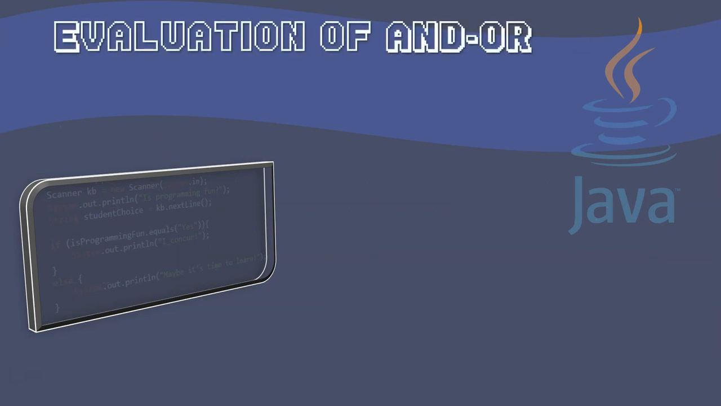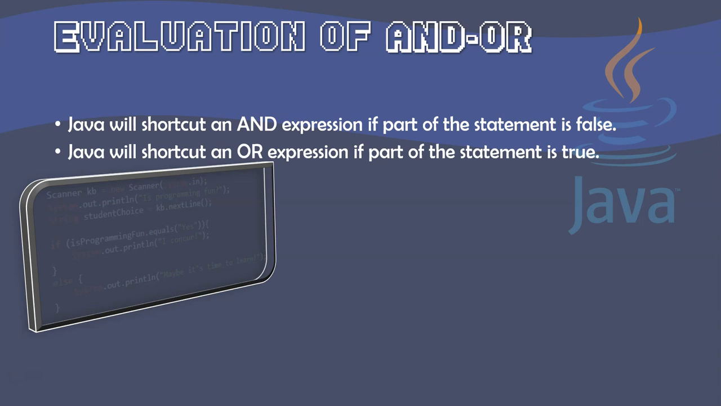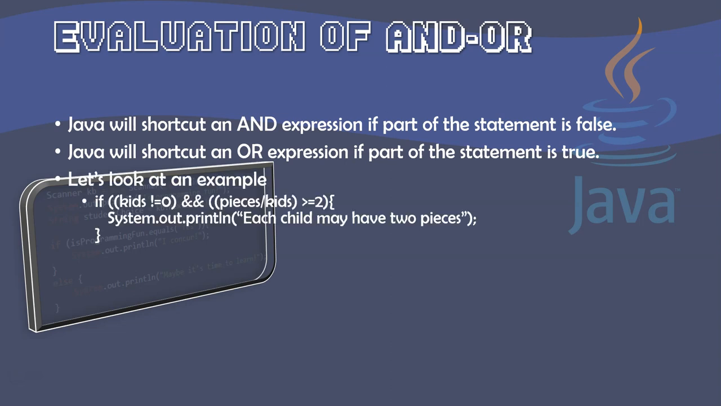So when we start looking at evaluations of and, or, Java will shortcut an and expression if part of the statement is false, particularly when we're looking at that first part. If it's looking at an or expression, it's going to do the exact same thing, but if that first part is true. If we look at another example here, we have if kids is not equal to 0 and pieces